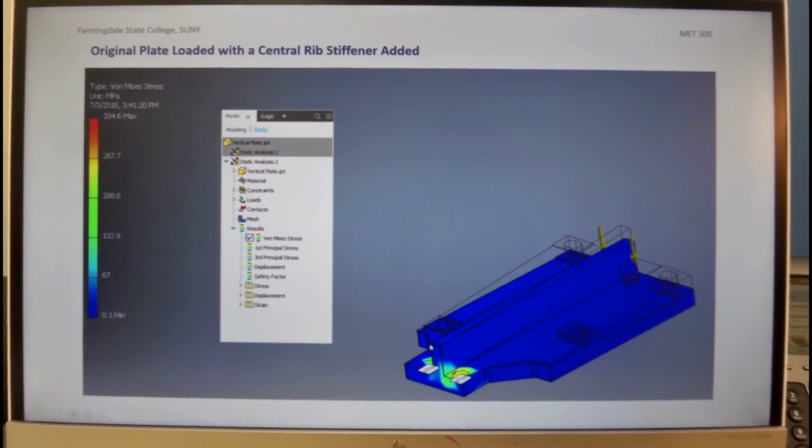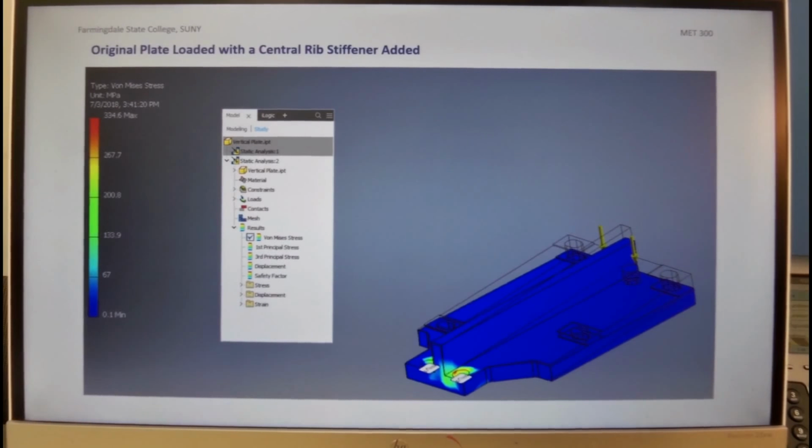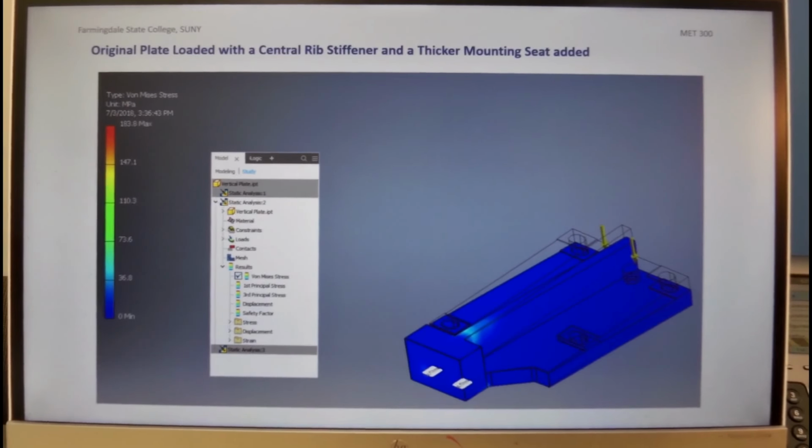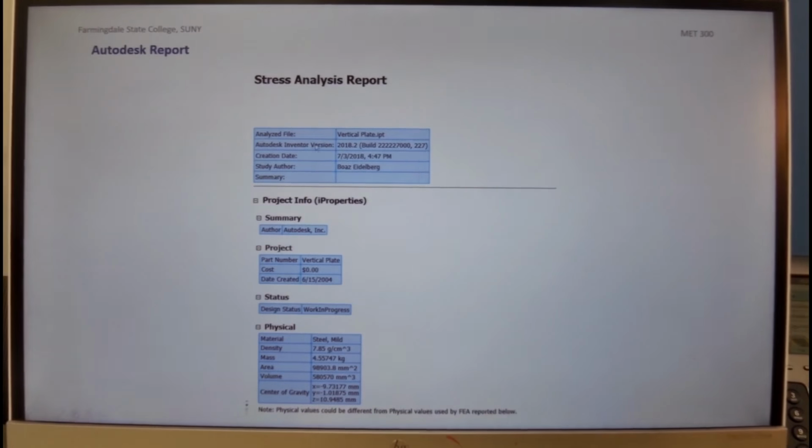This shows us the stiffening rib, and again we see the results with the scale on the side, and we could compare it to the original one. Finally, we will add the beefed up sheet for the mounting location of the plate, and we will compare the result. The results can be shown in Autodesk report, and this is just a portion of it, and could be